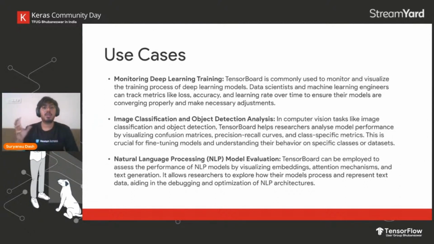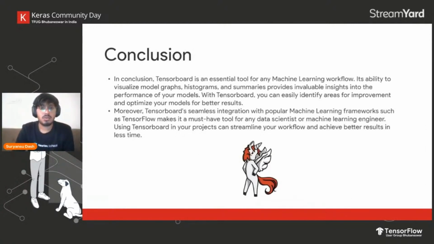Second thing is in image classification and object detection analysis, we can even visualize the images. When we use larger ImageNet models, like CNNs, or RNNs for natural language models, we'll be able to understand how the inputs are transformed throughout the model. It allows researchers to explore the depth of the machine learning model and understand how we can modify each part.